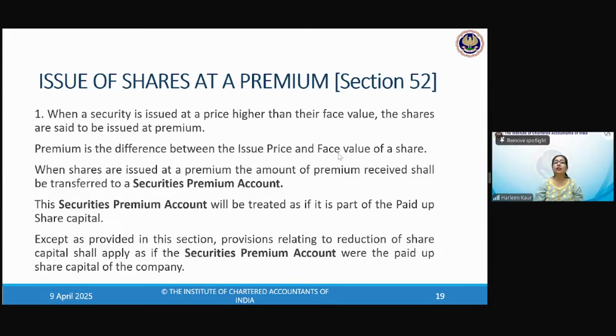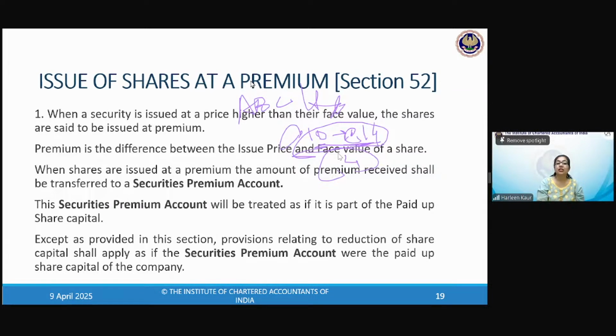So, what is the meaning of issuing the shares at a premium? I am a company ABC Limited and I have issued the shares of the face value of rupees 10, but I issued it for rupees 14. This difference between the issue price and face value of shares, this rupees 4, I have charged as premium. Premium pe share issue karna. That means issuing at a higher amount. Clear? So the 4 rupees will be securities premium.